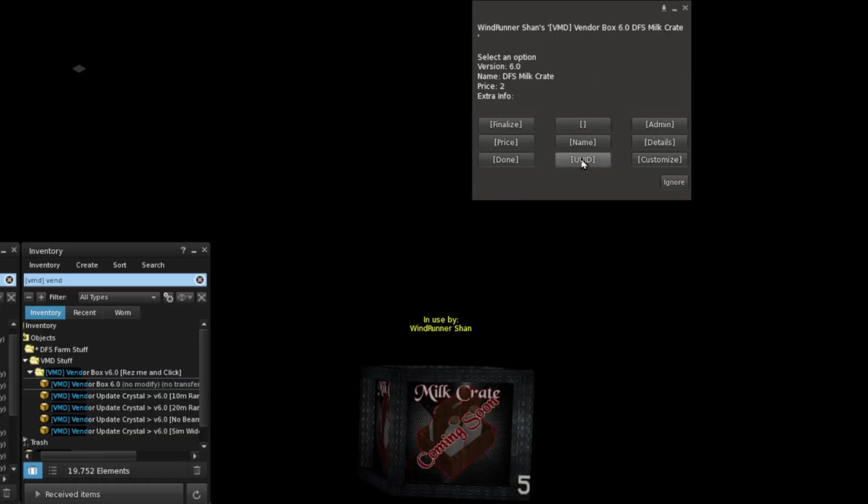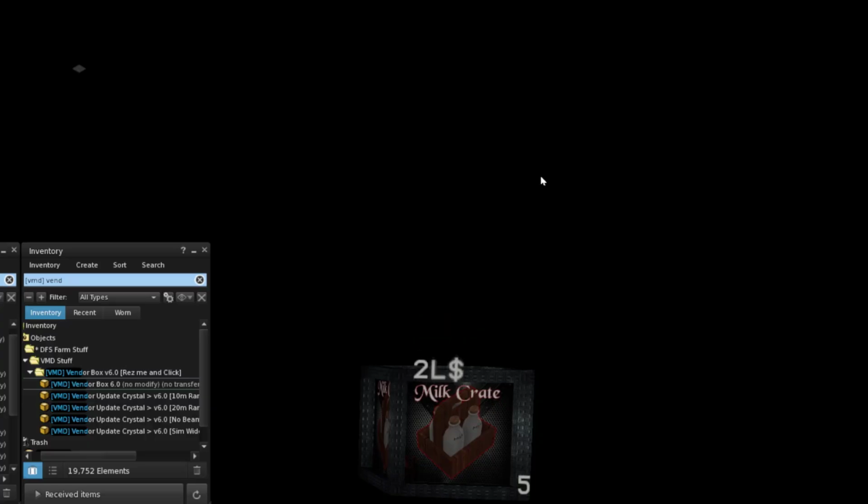So we're going to go to the main menu. I've got my price set. I've got the texture set. I click the Finalize button. And if this was GNS or My Story, this is when your texture would appear. And this vendor is now online and ready to sell items. It will also be listed on the VMD website so that people can easily find your market and buy your